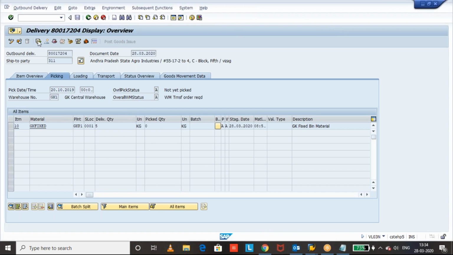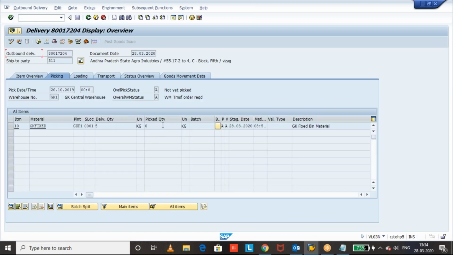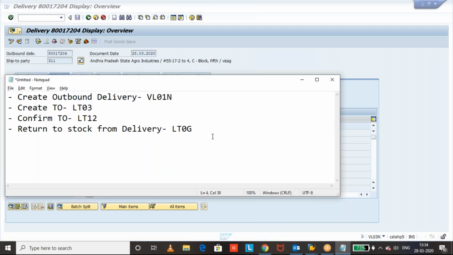You can see the document flow also. See, the 410, both the transfer orders we can see. So after confirmation, how to reverse or return the stock from delivery is by using LT0Z. That's what we have seen now.